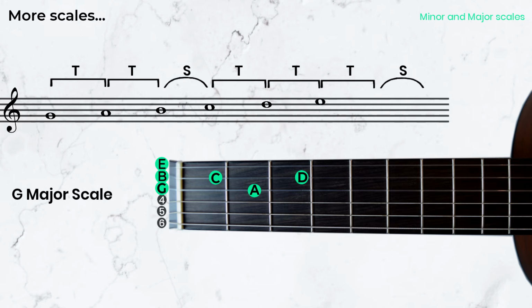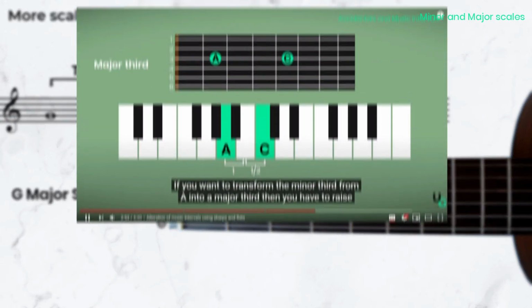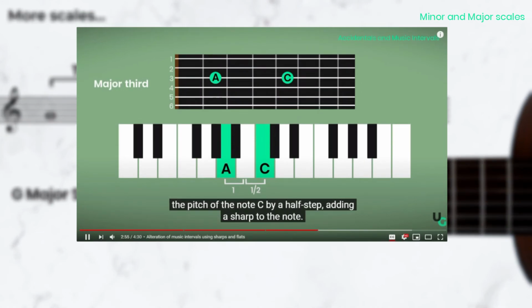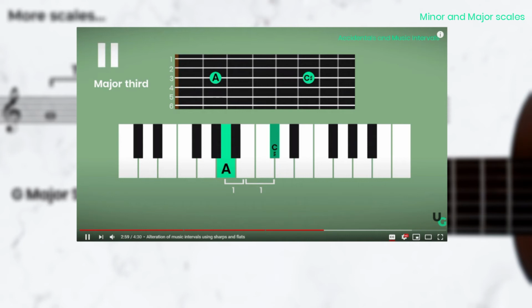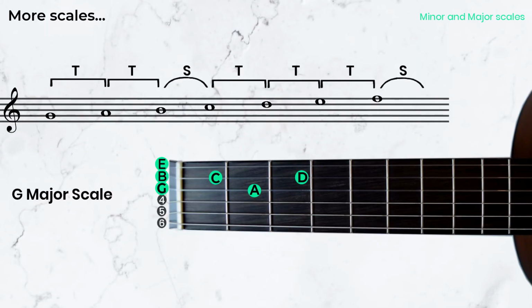From here is where things become interesting. The interval between E and F is a half step distance and we need a whole tone higher from E. Do you remember that video talking about adjusting the notes, semitone up or down, according to the interval we want to construct? That's exactly what we're going to do here. F will become F sharp to be at whole tone distance from E, as required by a major scale structure. And finally, G must always be the last note of the major scale.